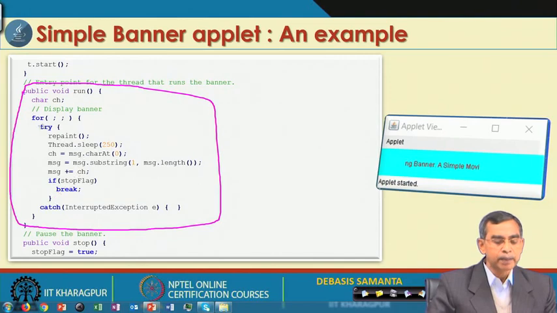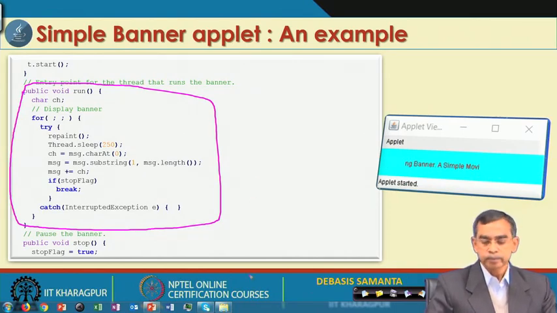This way update and repaint will go on, and the applet will start moving.